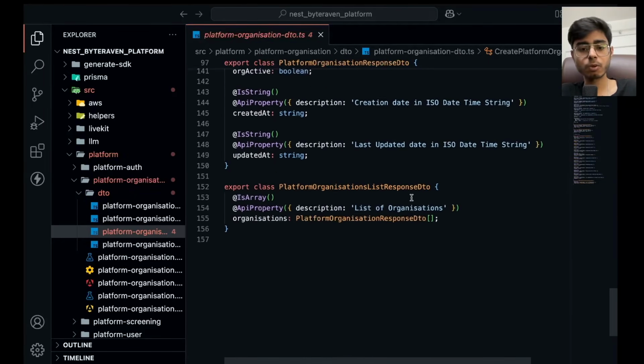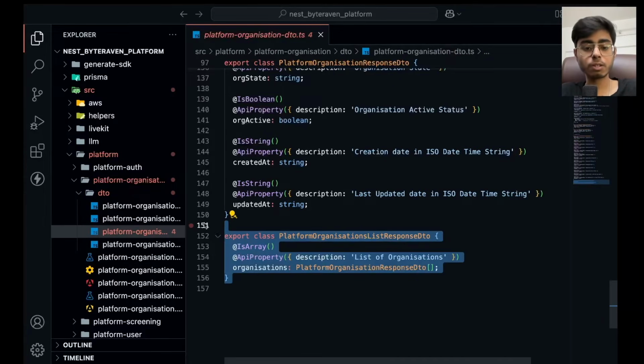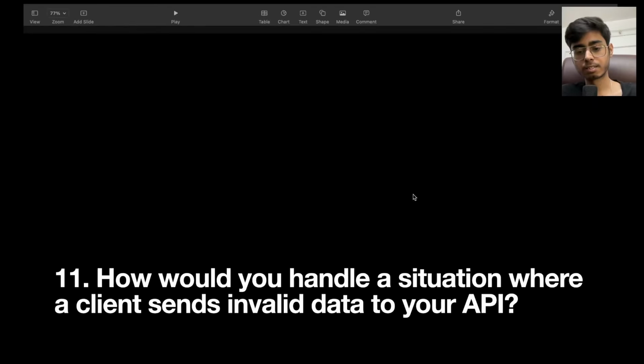Plus, for the responses also, if my server did something, I want the server to reply with this field itself, an array of organizations. For getting a list of organizations, it should be an array of organizations. So I want my server to reply in this particular schema itself. So you can apply validators on both request and response. I hope it makes sense.